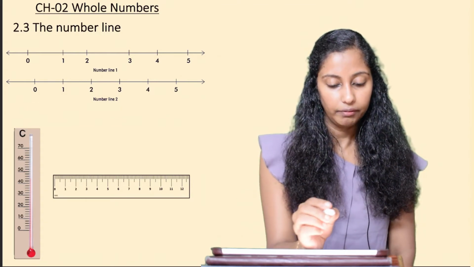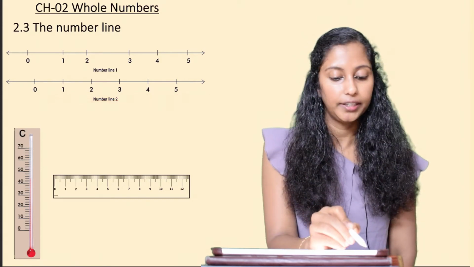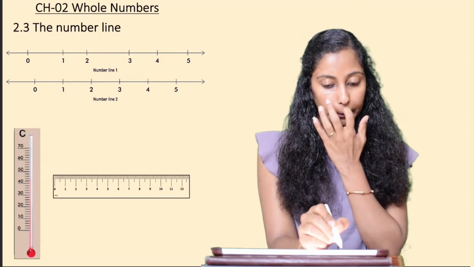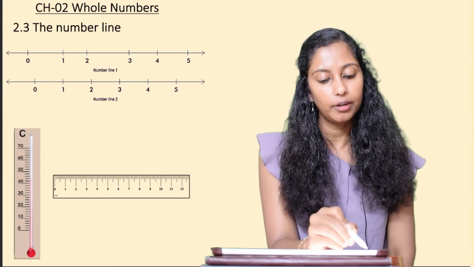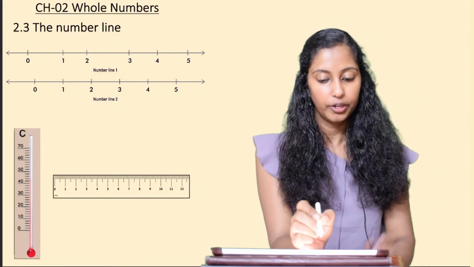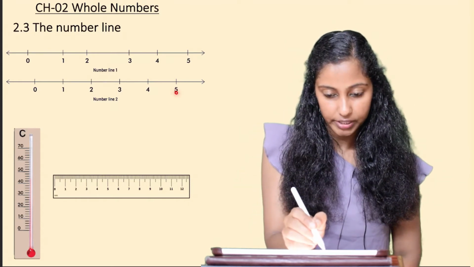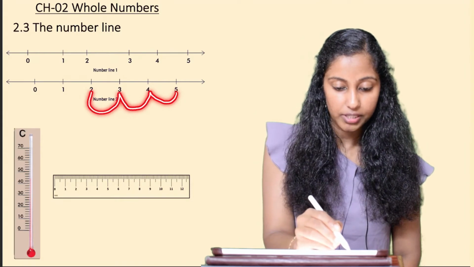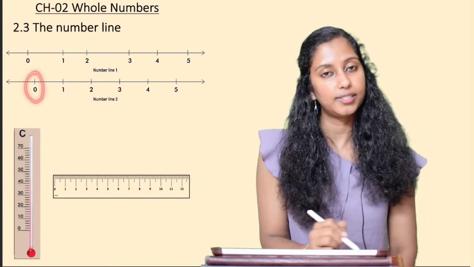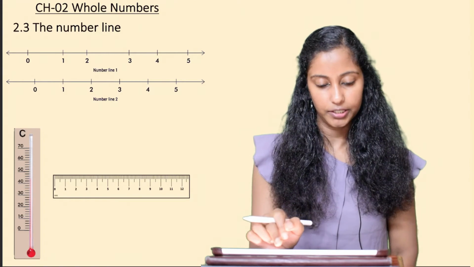Also in the number line we can see that when we go towards the right hand side, the numbers are increasing. 1 is bigger than 0, 2 is bigger than 1, 3 is bigger than 2, and so on. The number which follows is always bigger than the number which is there before. Whereas if we go from the right hand side towards the left hand side, what we see is the values of numbers are decreasing. In the number line of whole numbers, 0 is the smallest number, whereas the largest whole number is unknown, it's infinite.